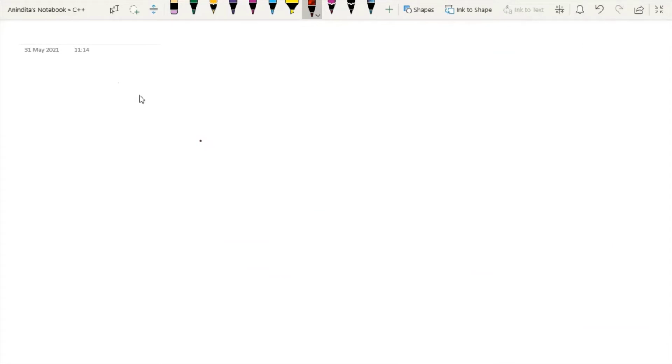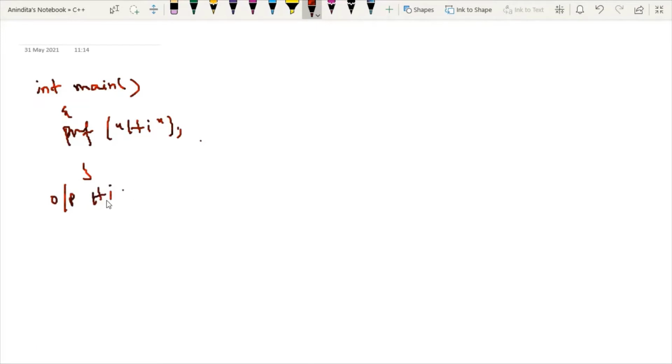At this point, consider one particular simple code. Say we have int main and I'm just printing printf "hi". So here the output will be hi. In this code, hi is printed only once on the screen.